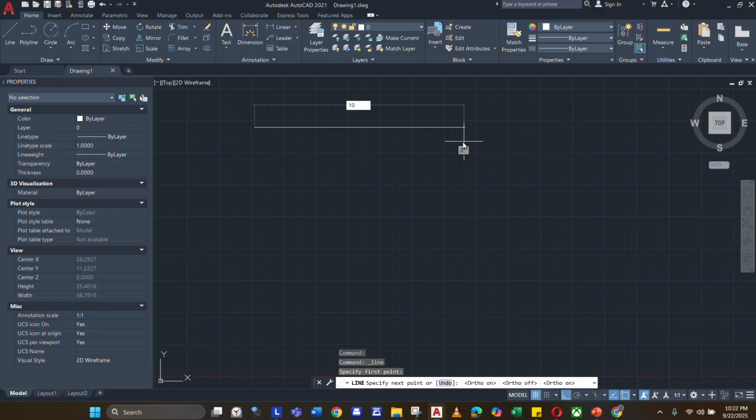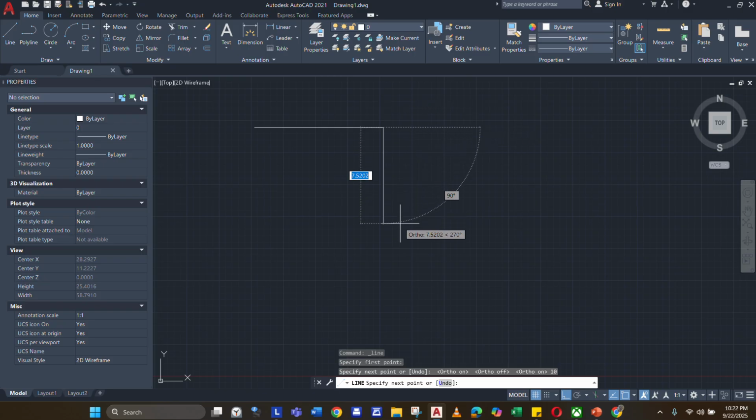Okay, 10 meters. And then I want another line connected because I want to make it a square. So I will go down to the part that is perpendicular to the line I made. The second line is perpendicular to the first line. Because we're making a square, it has the same dimension as the first line. So, 10, and then click.